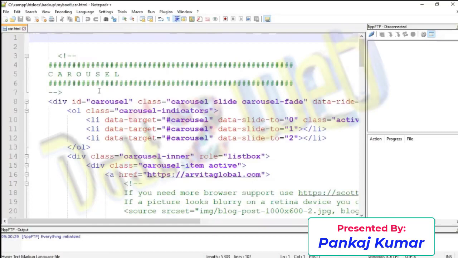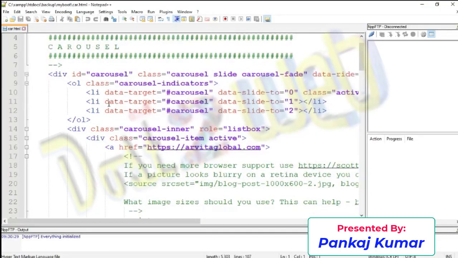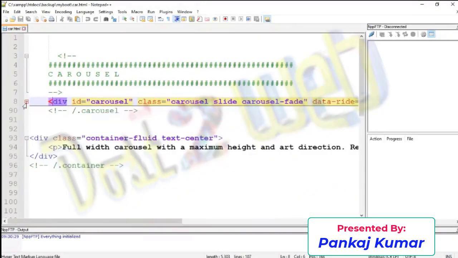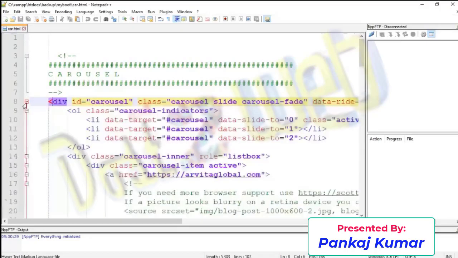Suppose I open the same code or any different code, you can see the color is defined, and there is a structure like this: the division tag starts from here. You can see a minus symbol here. When I click on it, whatever child tags are inside will be collapsed, but the code will still be available.